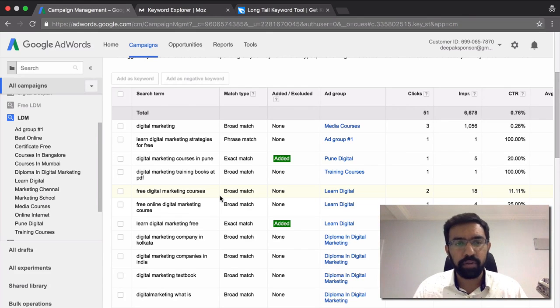But when you are using AdWords, you can learn what keywords people are searching for to reach your website. So it is a great way to find out what people are searching for, and this will give you more keyword ideas.